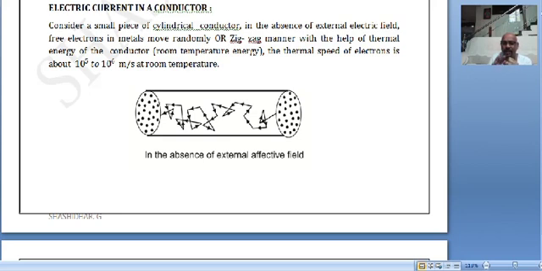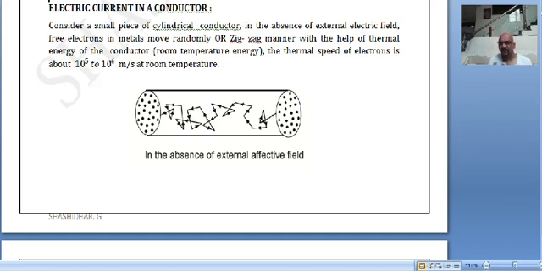What remains here is 29 protons and 28 electrons, and therefore we call this a positive ion. This is the lattice. This positive ion is immobile, which means it cannot move because of its heavier mass, whereas the electron is free to move anywhere. So in a conductor, if there are 10 to the power 28 atoms, there will be 10 to the power 28 free electrons. Therefore, a conductor is characterized by the presence of a large number of free electrons.